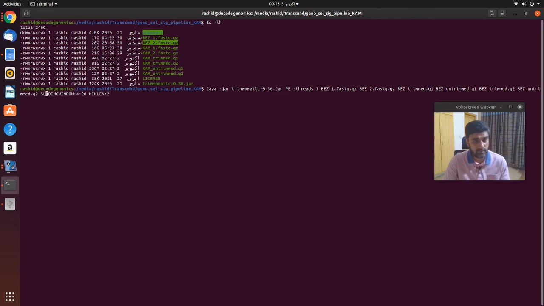So this is the command that will also trim our raw forward fastq1 for the Bezoar and the raw file of Bezoar reverse.